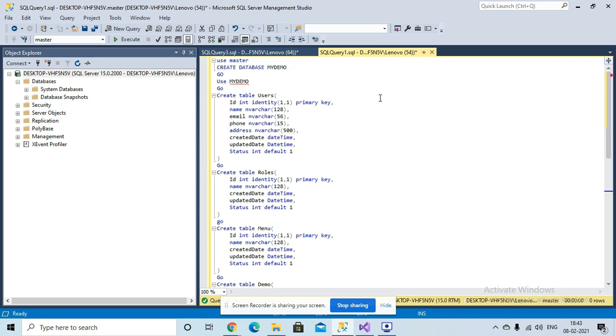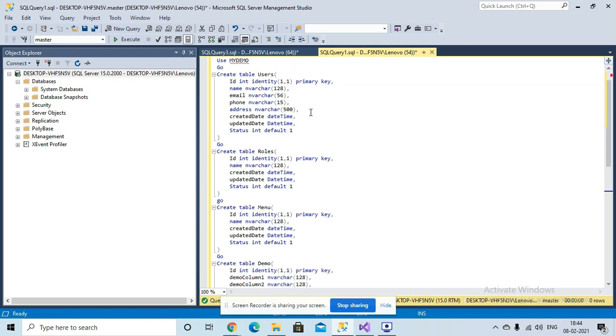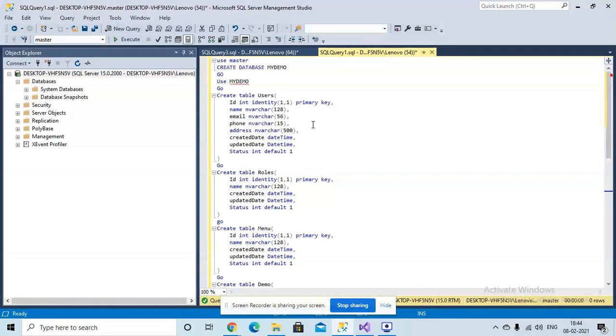So right now I'm going to create a database. I will demonstrate how this tool works. I'm going to create a database in our SQL Server, and then we can see how this tool will generate code, an auto-generated API for your table. Here there are a few tables. This is a demo table which I have created for this demonstration purpose. I'm going to create a database first, and then a few tables.